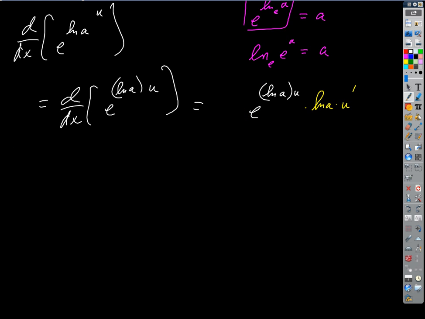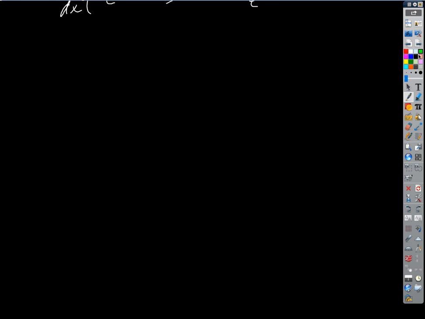If I gave you a separate problem that just said, what's the derivative with respect to x of pi times u, you would just tell me pi u prime. Okay, because log a is a constant,